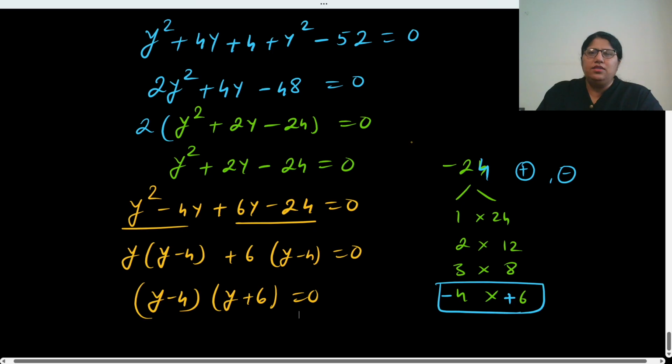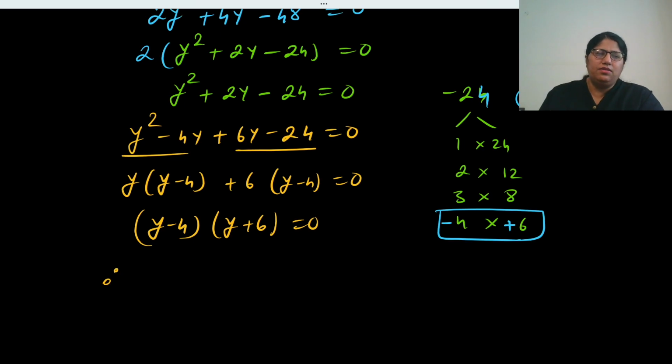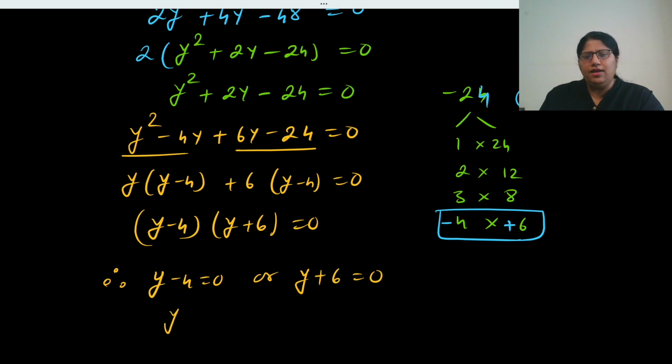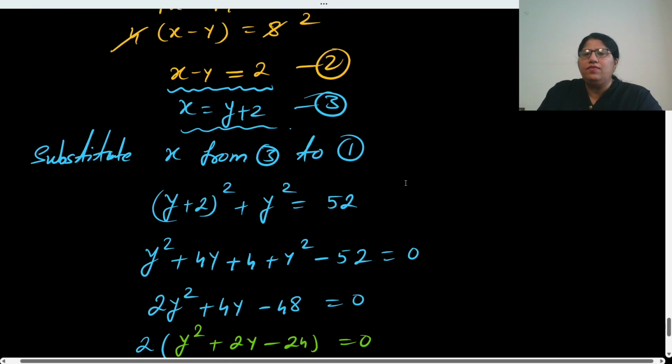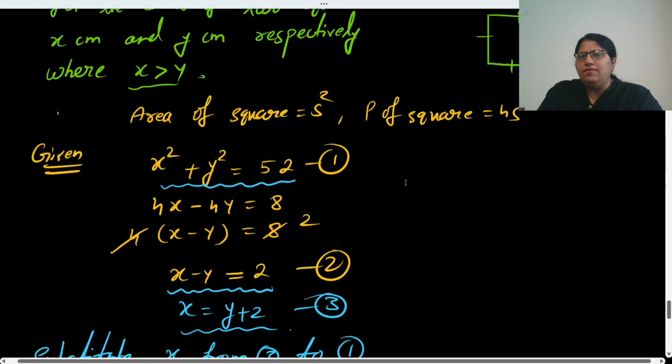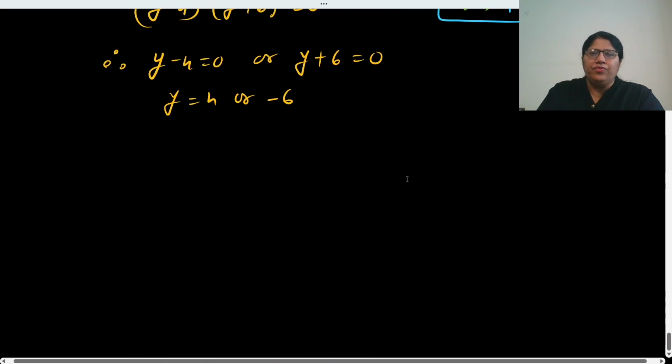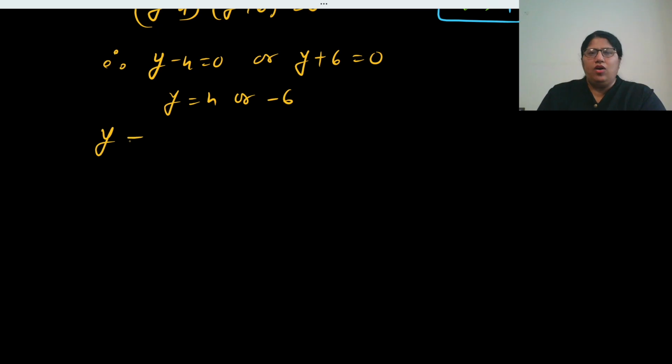Now the product is 0 means either one value can be 0 here, y minus 4 is 0, or y plus 6 is 0. So what do we get here? y equals 4 or minus 6. Now here again, because x and y are lengths of the side, it can't be negative, right? So we'll write here y cannot be equal to minus 6, because